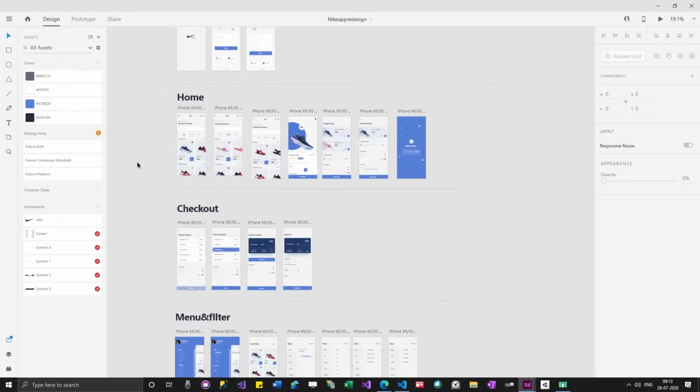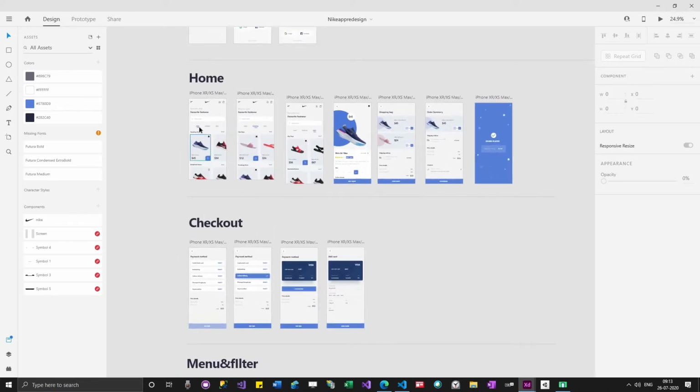Just remember one thing: even though this is a Nike app, if you replace the images with some sort of TVs, for example, it will become a TV selling app. Or if you replace images with multiple other things, we are actually creating an online shopping store over here.